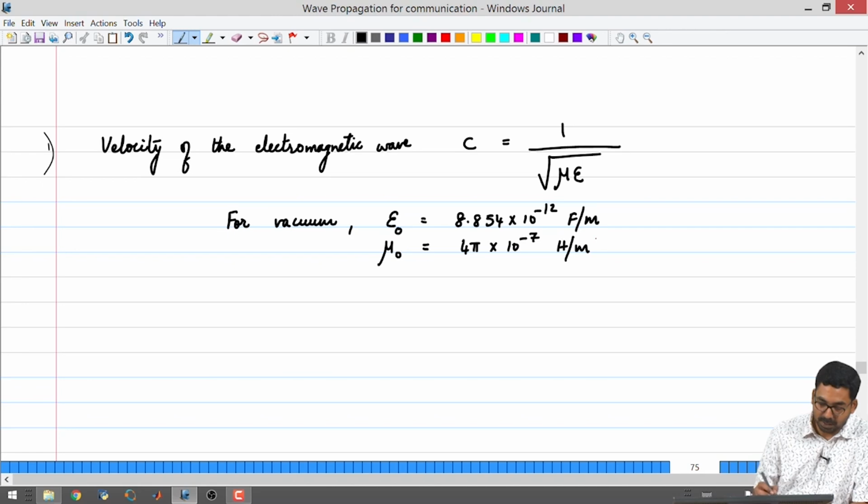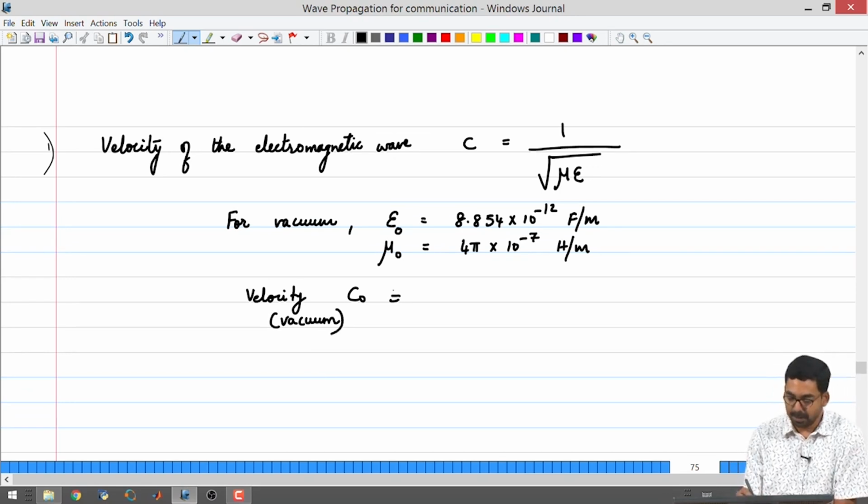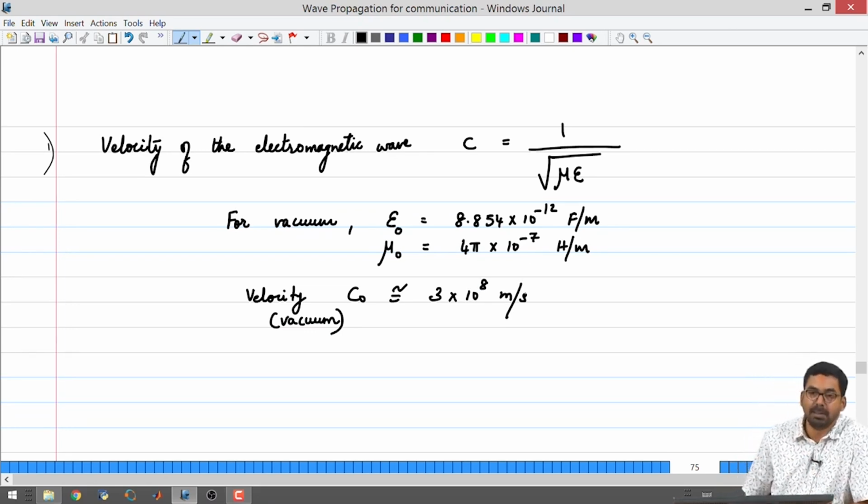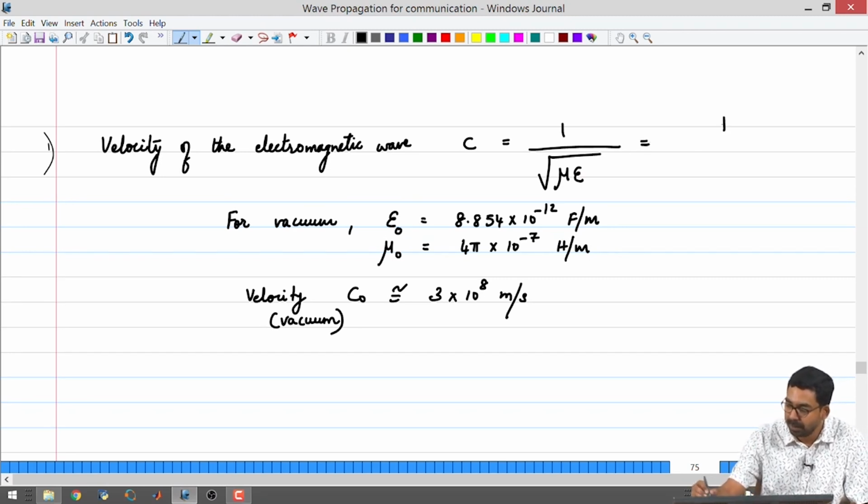So there is a one-to-one correspondence, and for the case of vacuum, C naught is, okay, approximately 3 times 10 to the power 8 meter per second. This sets the upper bound for the velocity of an electromagnetic wave in the course that we are going to be studying, all right. In any other medium, we already discussed that in the denominator for the velocity, you will be